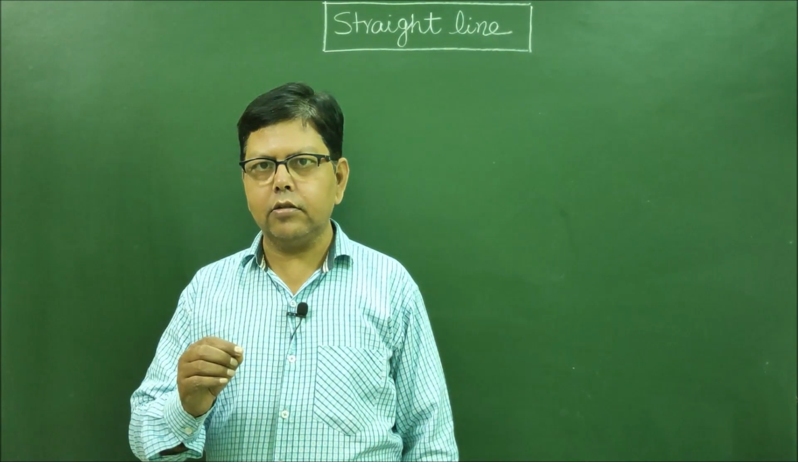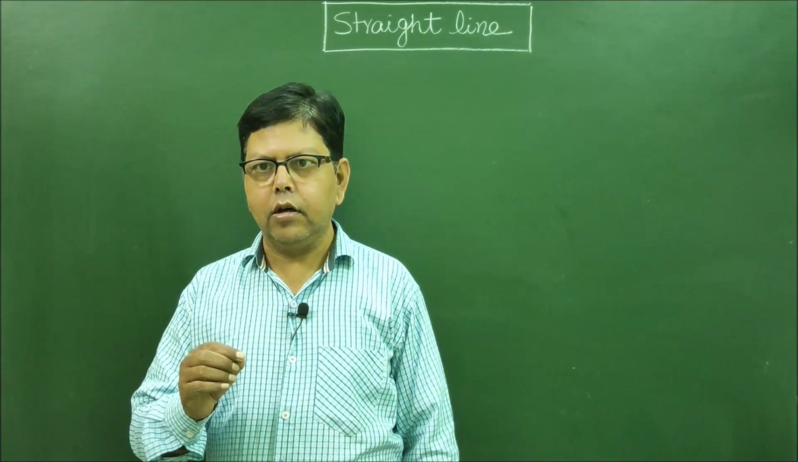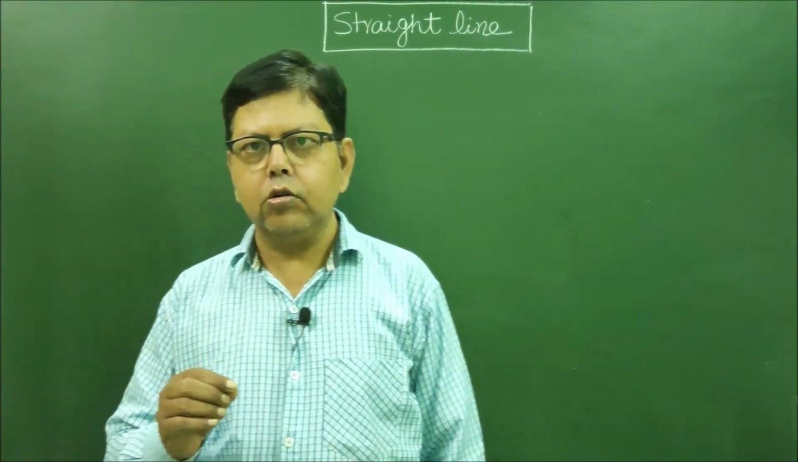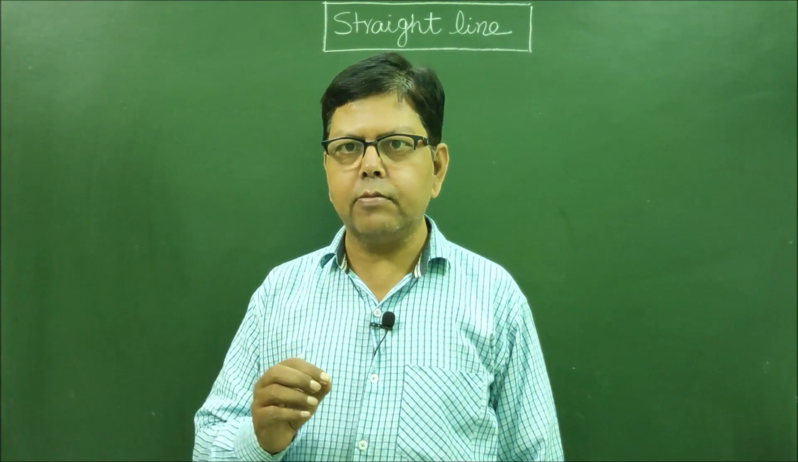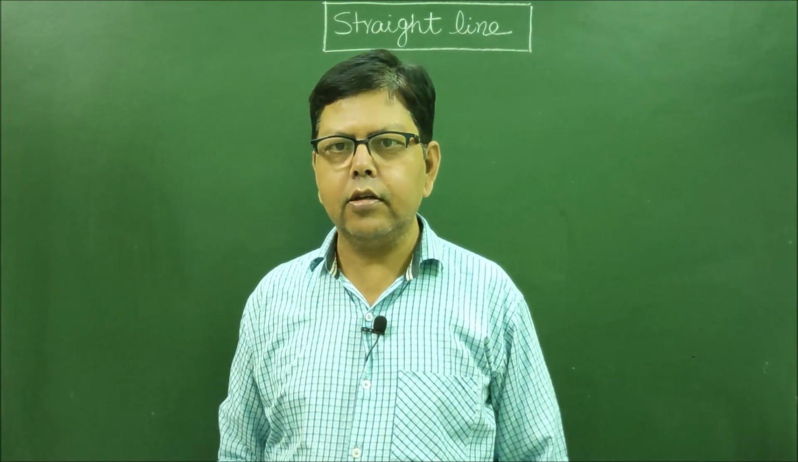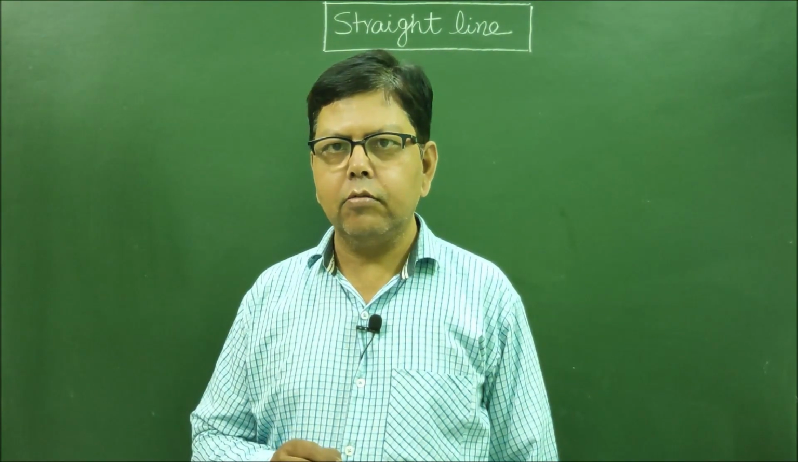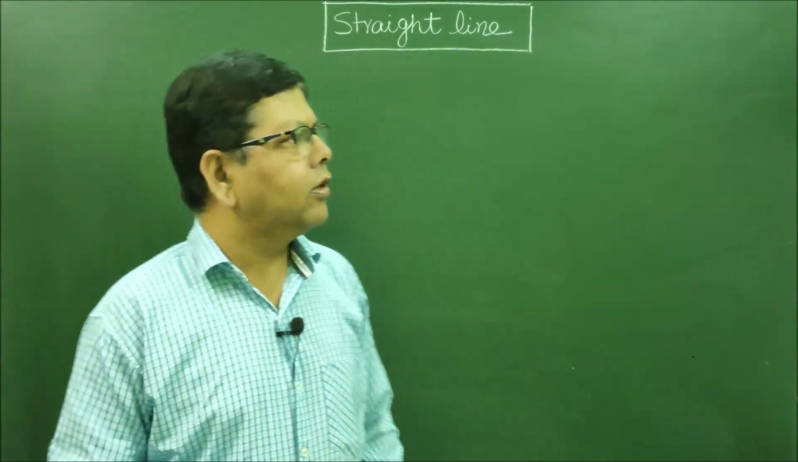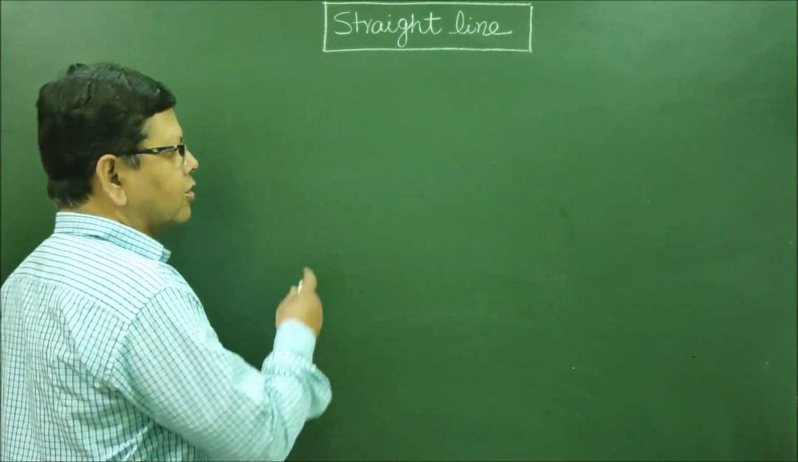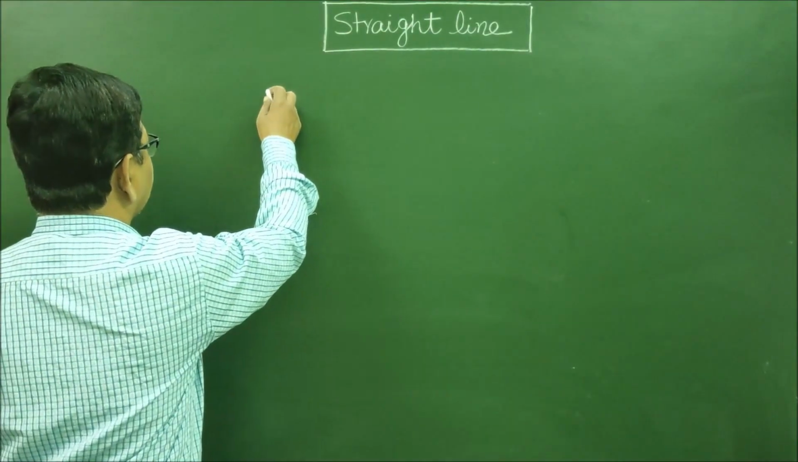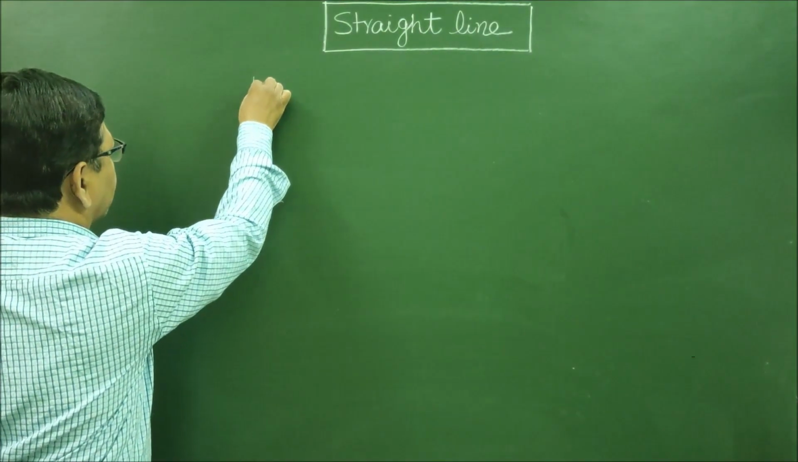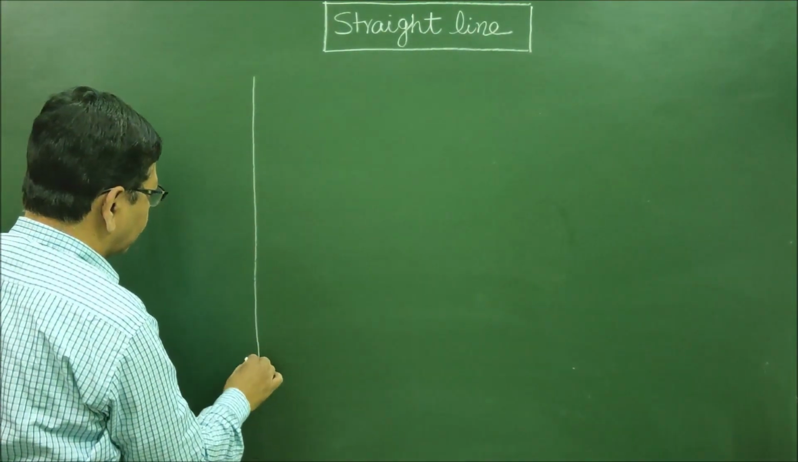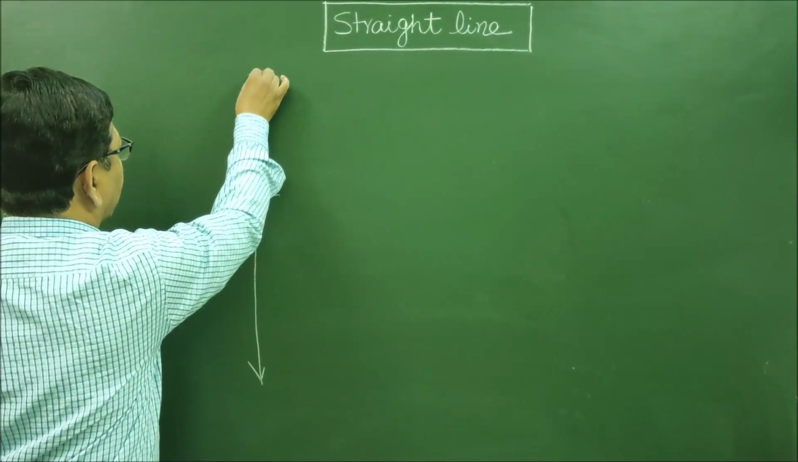Before starting the chapter straight line, I will introduce you to some of the basic concepts of coordinate geometry. So let us start with the concept of rectangular Cartesian coordinate system. In the rectangular Cartesian coordinate system, in a plane we draw two perpendicular lines,